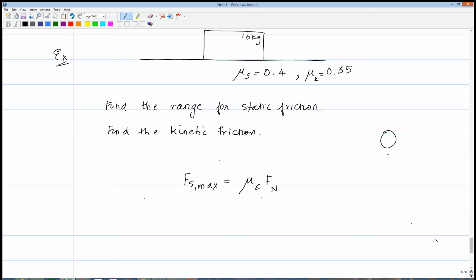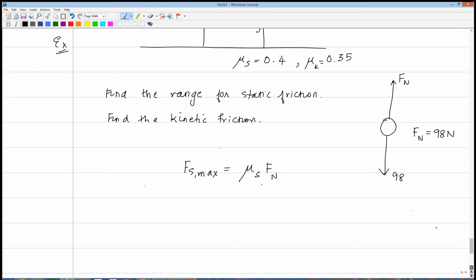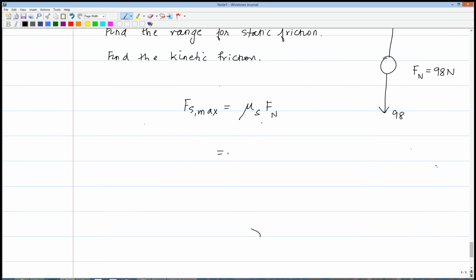Okay, if you look at the free body diagram for the object, we have a force of 98 newtons pointing down, and then we have the force of contact, which happens to be Fn pushing up. And since the object is not accelerating vertically, we know that Fn is equal to 98 newtons. So we can substitute for Fn in this equation. We get 0.4 multiplied by 98, and that gives us the value of